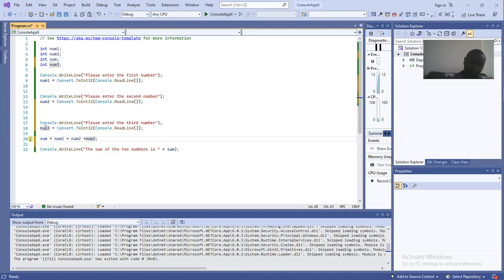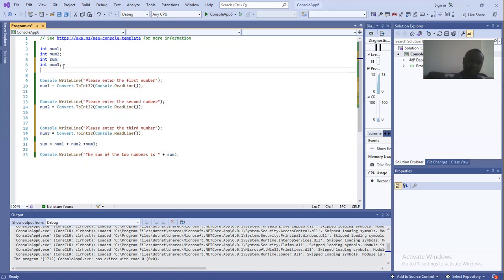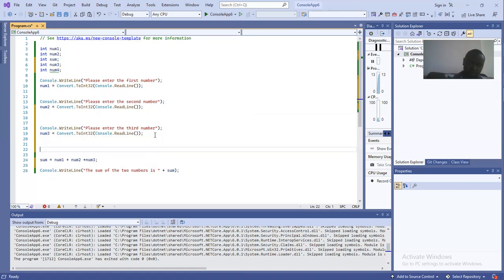You must always declare the third number. If it's 4 numbers, you have to declare num4. First of all, if it's 4 numbers, you have to do this: int num4, like that. You repeat the same thing like this here below. You must repeat